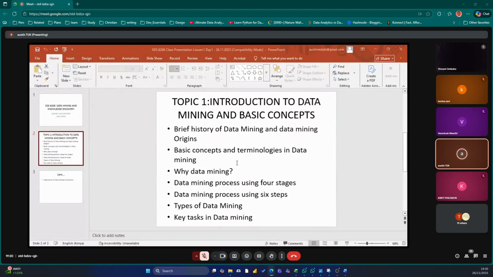So we use data mining as a very important process, which companies, if well deployed and applied, may be able to analyze large amounts of data for useful intelligence.